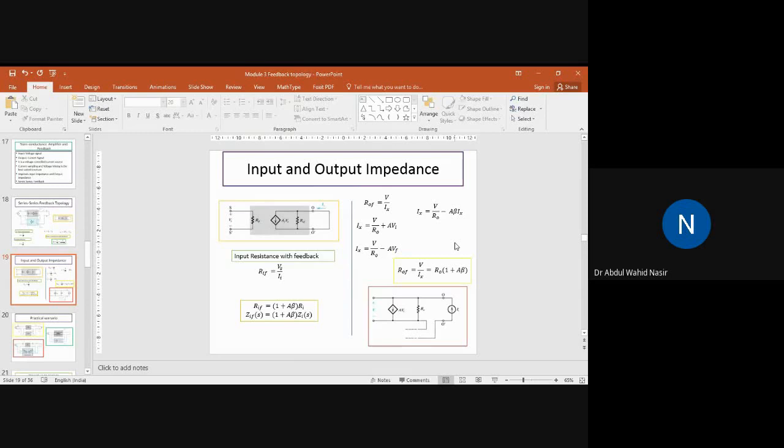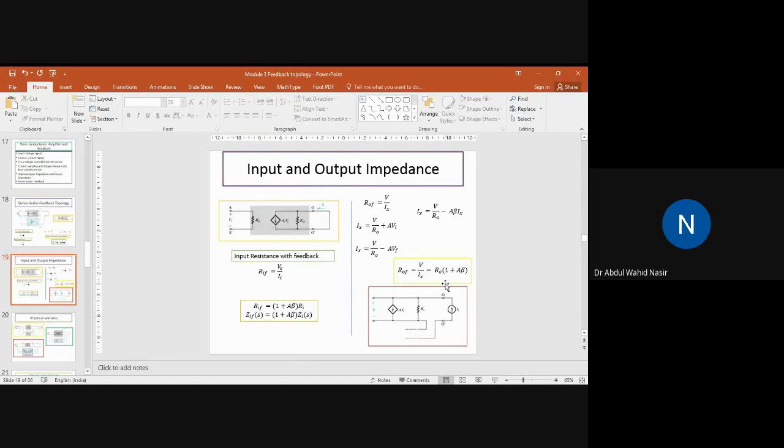Here, for output impedance, again you will see that this equation and all those things hold true. We have seen this earlier while doing the analysis. Again, ROF will be V by Ix, and Ix will be V by R0 into A by... If you use KVL in this loop, then you will get all these equations. Ultimately, at the end you will get ROF is equal to